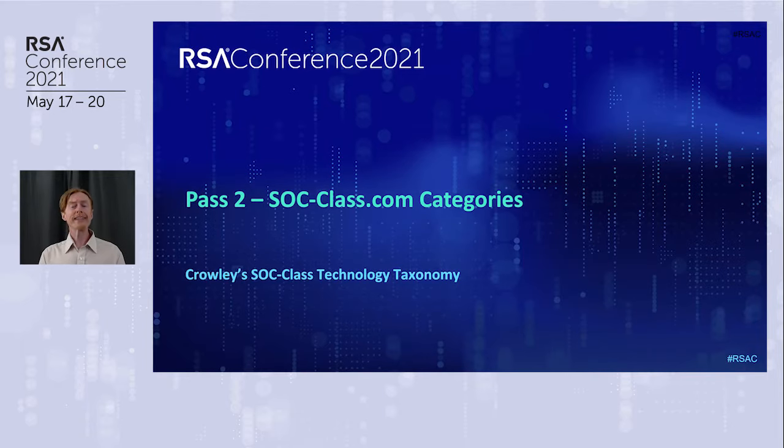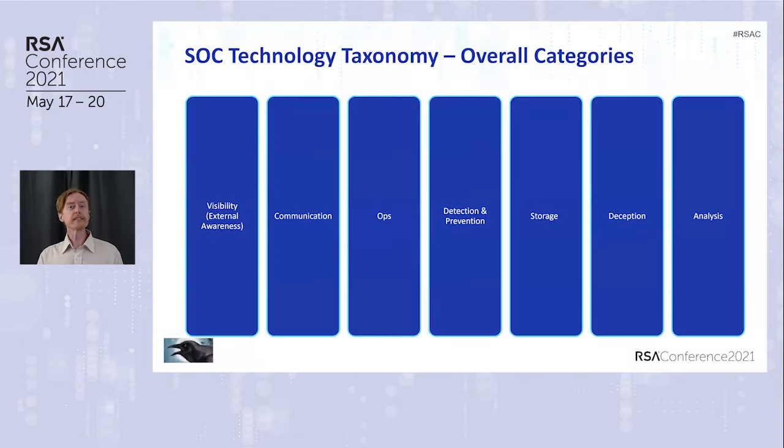So let me get into the definition of the categories. This is a number of categories with subcategories and with specific technologies inside of each subcategory. Now, I don't actually have the time to go into it here, but I additionally have a list of example technologies inside of each of the technology types which I'll cite. There's a lot of information that I've collected on this over the years. I find it to be very useful. I don't mean to specifically endorse any vendors, and I'm going to really try to avoid specifying any vendor names here because that's not the point of today's talk. So I'm going to get into these now.